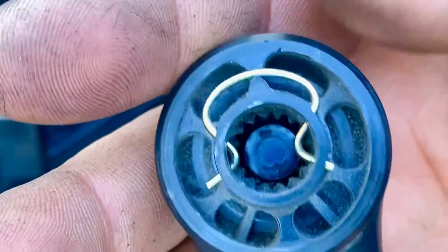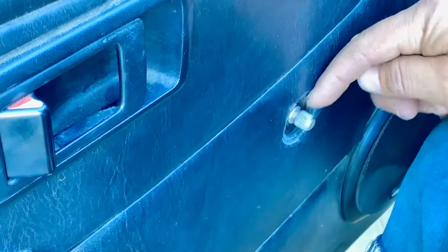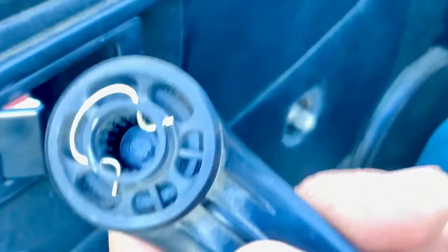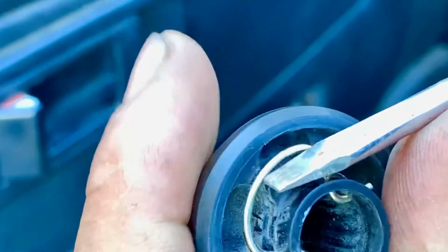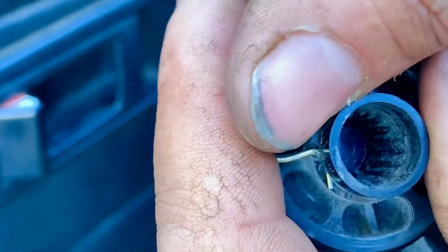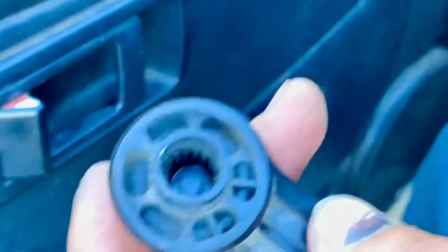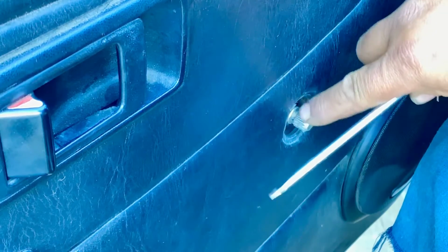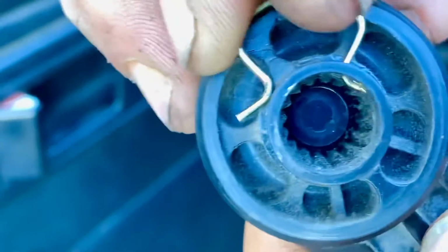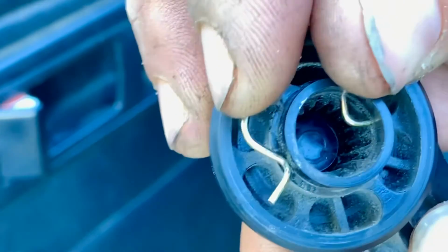So here is how the clip falls in, and that's how it holds the knob into this groove and doesn't let it slide out. So what you're trying to do is take it out, pulling it out like that, so these 2 legs come out of here so that it can slide out of these gears. So when you want to put them in, slide them in,